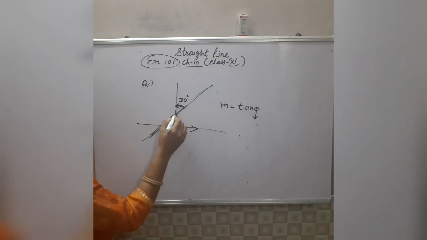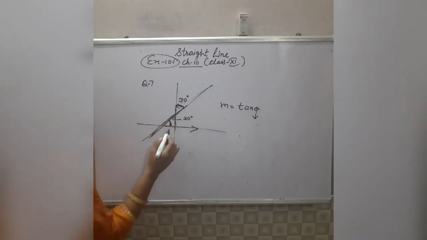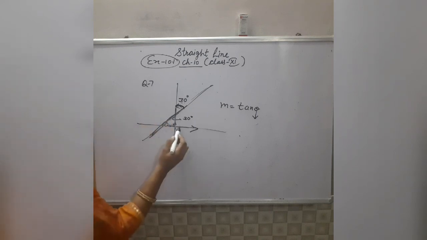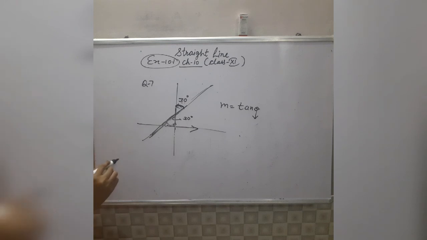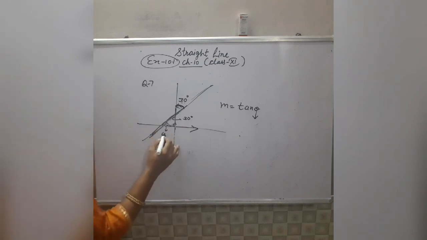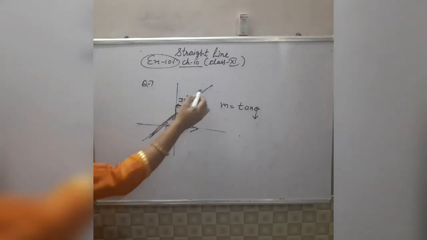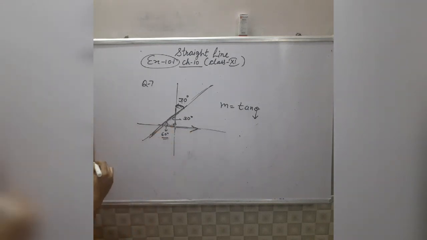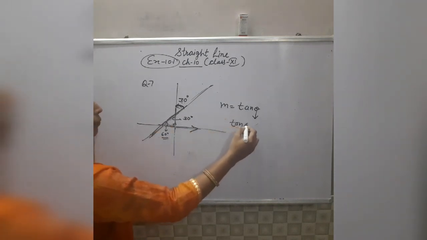So now see here very carefully, these two lines are intersecting lines, so these two angles will be vertically opposite angles. This is a 30 degree angle, so this angle will be 30, this angle is 90 degrees, and if in any triangle you know two angles, then you can find the third angle by the angle sum property. So 90 plus 30 is 120, and 180 minus 120 gives you 60 degrees. So the angle of the line with the positive direction of the x-axis will be 60 degrees. So the value of slope will be tangent 60.